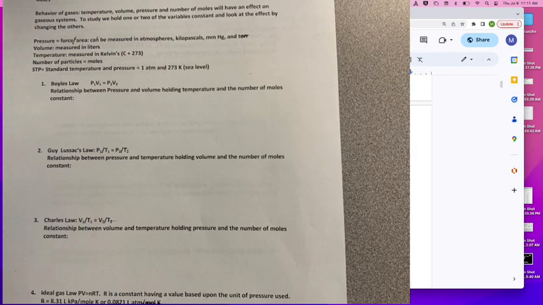So pressure gets different units because we get lots of different people measuring it, and there's different systems that we want to look at. Which means if they're different units, what do you potentially have to do? Convert between them all. Right? Those conversions, you'll be given conversion factors to make those conversions, at least as far as Chem 130 goes, and I believe as far as your class goes. You will not be expected to memorize any of those conversions. You're just expected to use them.